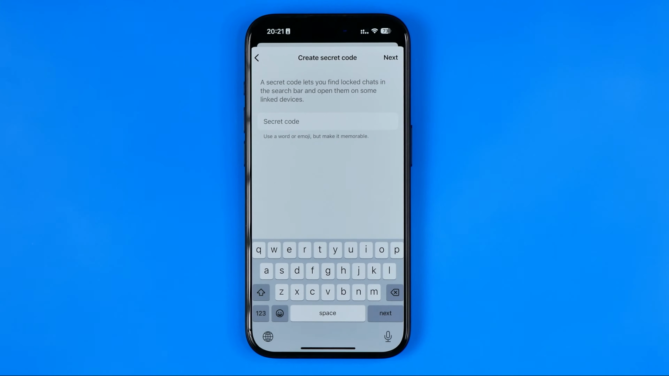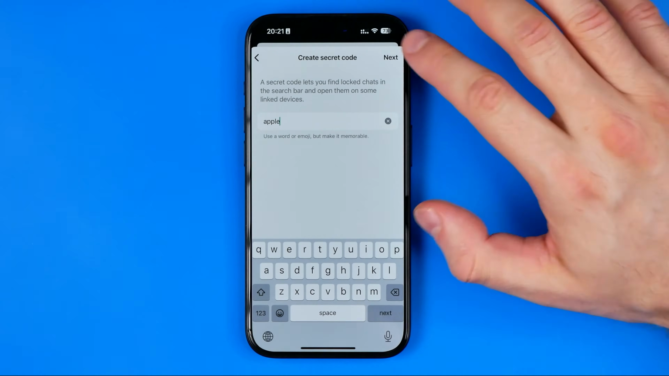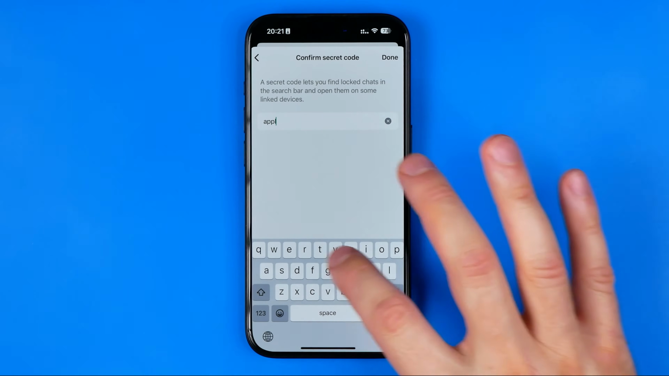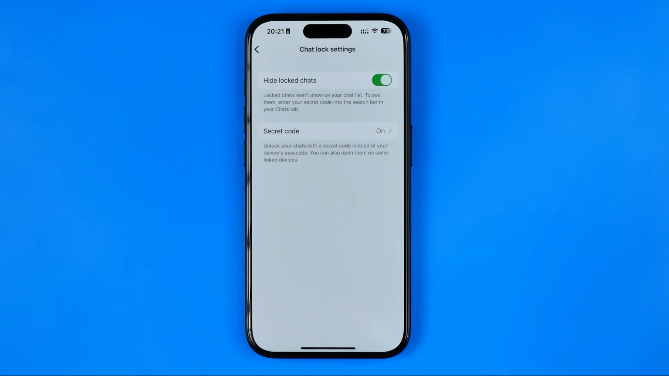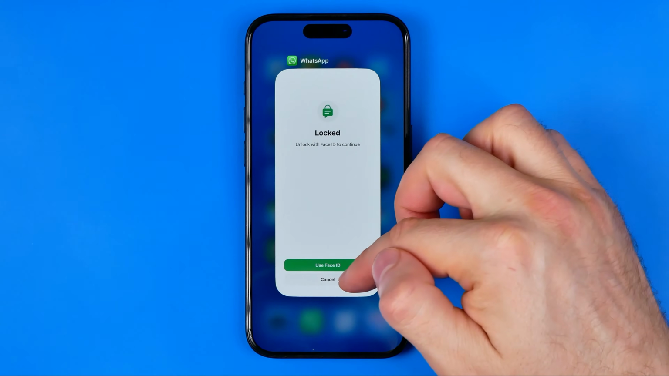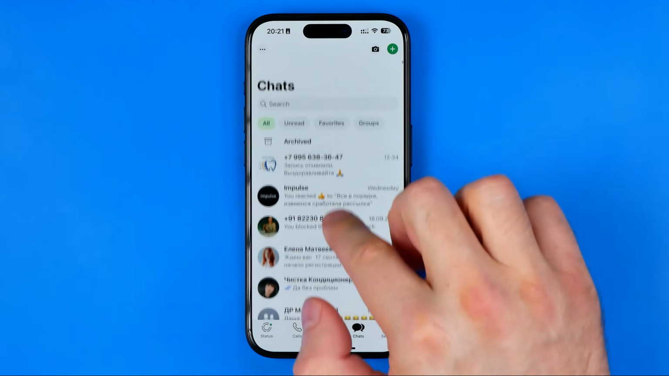Then you need to come up with a secret code that would be memorable for you. I'm just going to enter Apple here and then hit next. After that, we need to confirm it in that way and then hit done. Now I've just set a secret code for my locked chats, and then if we open up WhatsApp, go to our chats, and then if